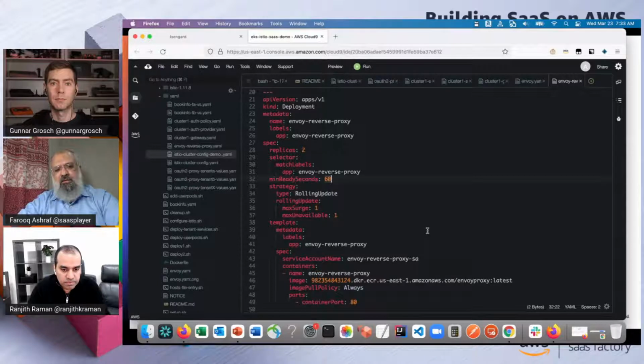The idea is that when you make changes, adding or removing tenants, the current model that we're using here, and that's not the core focus of this architecture, is that we rebuild the container image of the Envoy proxy, change the configuration file, push it back and deploy it again. However, there are open source tools where you can do a live update of Envoy proxy with zero downtime. So all those advanced features are possible, and you can build a production ready system with them.